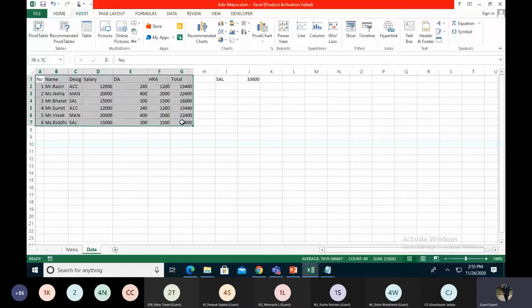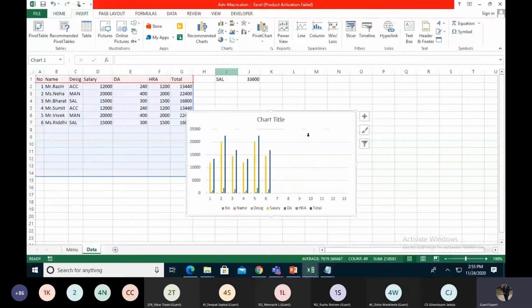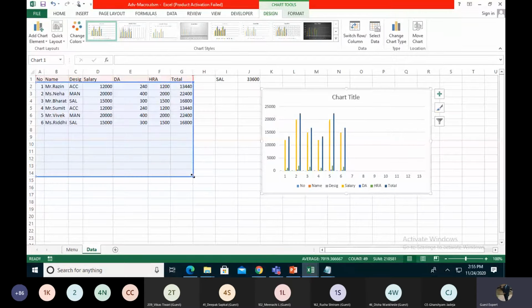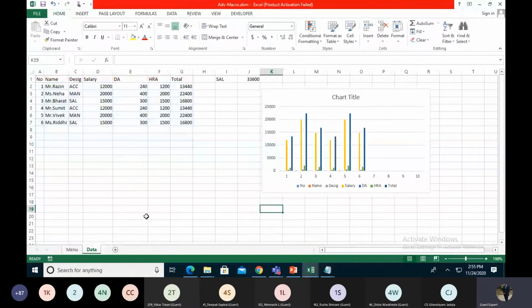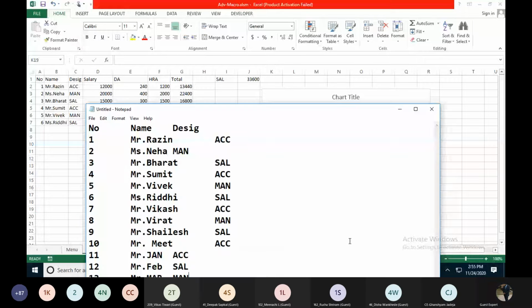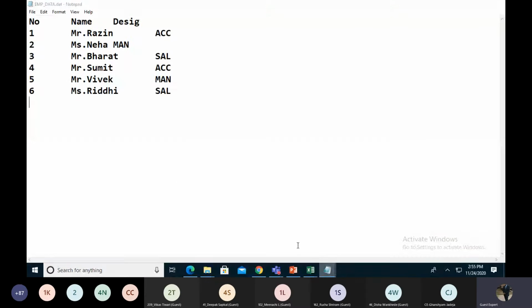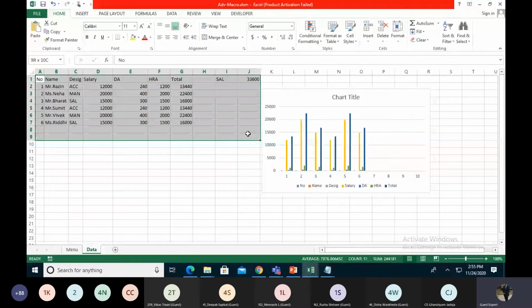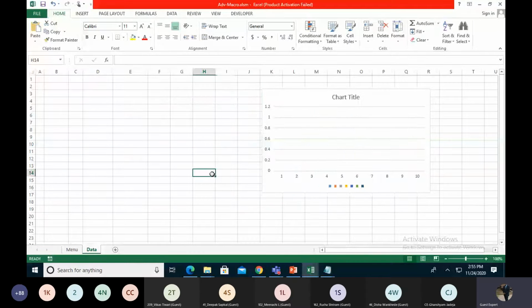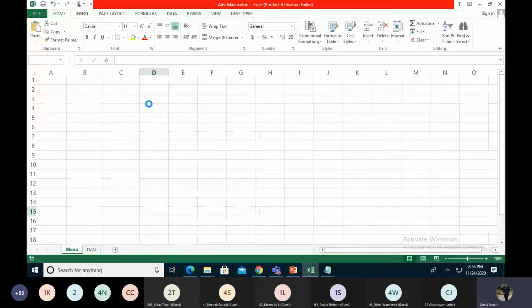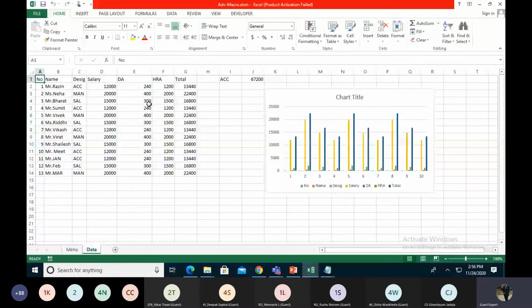So what we do, we just select at the end of the row, and chart. Okay. So it shows me the data.